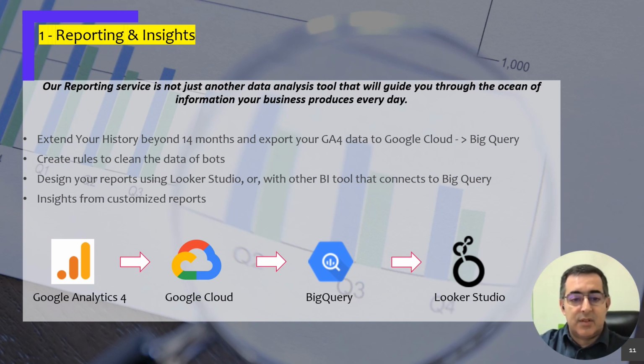It's not one thing. It happens maybe 1 or 2 times a month. And the bot data in GA4 is not retroactively cleaned. So you need to go to BigQuery, clean this data, and then report it on Looker Studio, for instance,